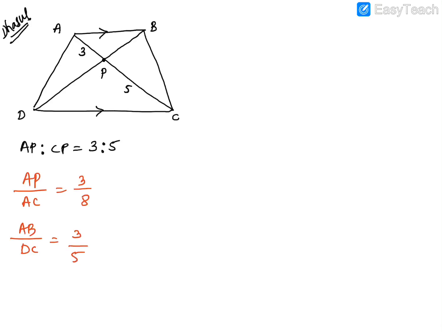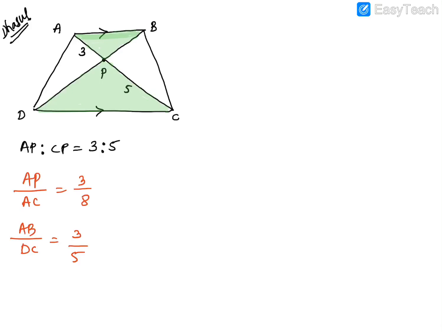Why? Because you have to prove two triangles similar. So which two triangles are we going to prove similar? This triangle is similar to which other triangle? Here. This is the other triangle which we are proving similar. Okay, so we have proved that these two triangles are similar. Now after you prove these two triangles are similar, further what we can say now is we found AB upon DC.